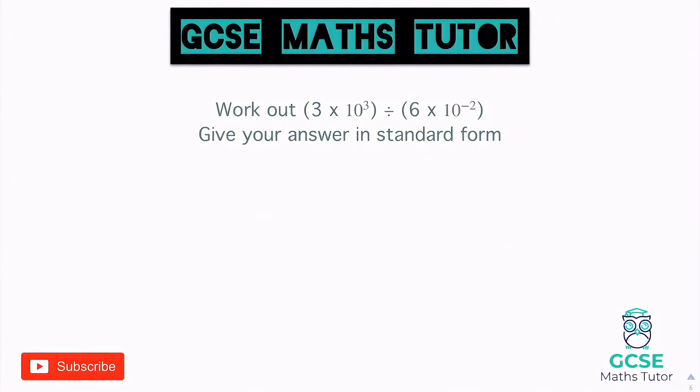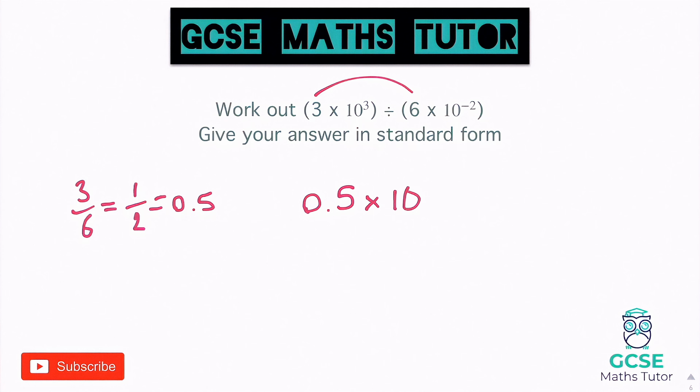Same process again. We've got 3 divided by 6 though. So let's do this to the side. 3 divided by 6, let's write that as a fraction. 3 divided by 6, if we simplify that, goes down to 1/2. So to keep this as a number rather than a fraction, I'm going to write that as 0.5. So over here we have 0.5 of 3 divided by 6, and then we've got that times 10 to the